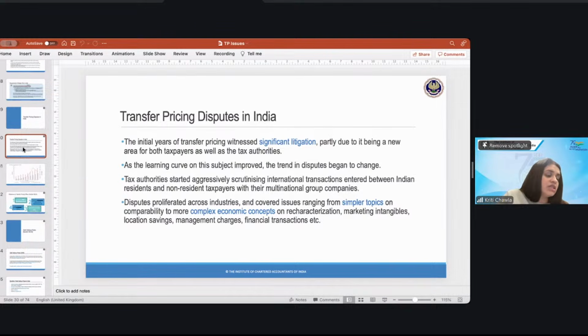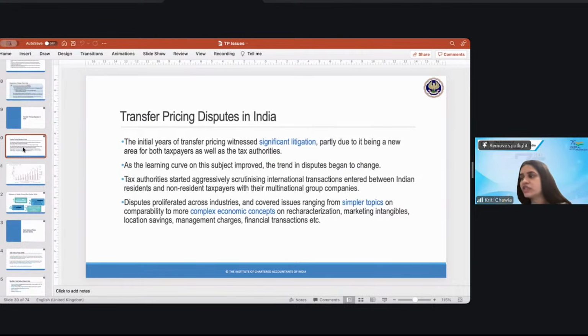Then it was more about selection of the transfer pricing method. So you can see a lot of litigation in India happened on whether it is CUP that should be selected, or it should be TNMM as the most appropriate method. Then it was also on whether the foreign entity can be considered as a tested party or not, and so on and so forth. But what I'm really trying to say is that there was a time that transfer pricing disputes were on simple topics of comparability. But now, because the trend has changed, you can also see more complex economic concepts